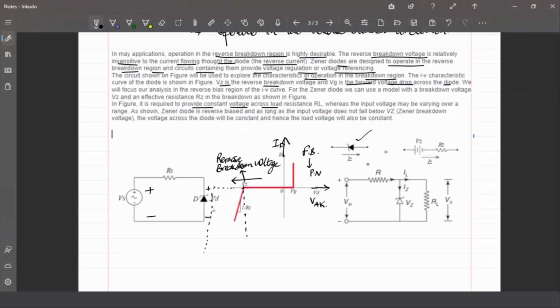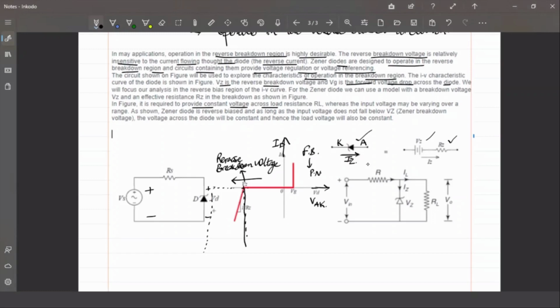The symbol I have already shown you, and this is how we represent it: a Vz with a resistance value Rz. Now what is this resistance value Rz? Vz and the current flowing through it is Iz, but you can see here the current is in the opposite direction. This is the anode and this is the cathode. The Zener current Iz is in the opposite direction, which means it is conducting in the reverse bias condition after the breakdown has taken place. So this is the model of representation of a Zener diode, with a voltage drop across it equal to this Vz.